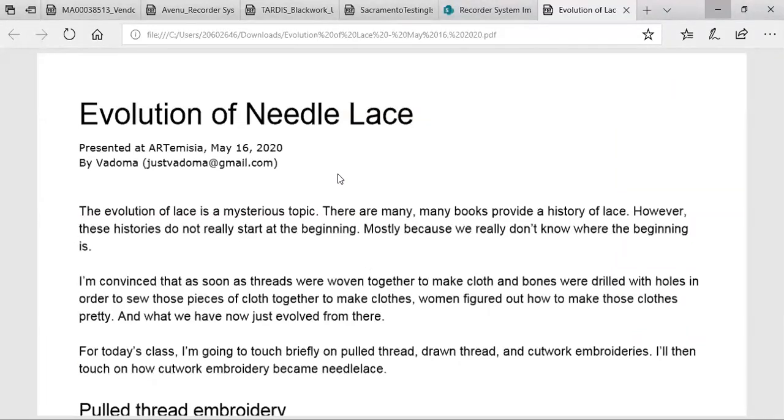So yeah, my definition of reticella, like I said, this is just according to me, is very much that grid-like reticella. Once you get into other styles of embroidery, it has a bunch of different names. So you can find reticella as a drawn thread version, or it's basically an inset. And that to me is cut work, where you're actually cutting a hole in the fabric to be able to do that. And then the lace would be the style where you're creating your own grid,